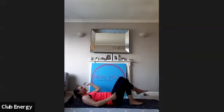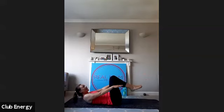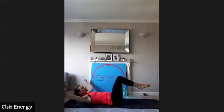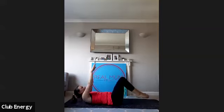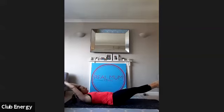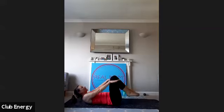And please don't feel any discomfort whilst you're doing this, okay? So if you do, stick back down to a lower level. Let's inhale to prepare, exhale to come up, inhale, and exhale, extend the body nice and long, swim those arms around as if we're swimming in the beautiful Mediterranean Sea. A backstroke back, swim the arms round. Tummy's nice and in, and use that breath. For 5,